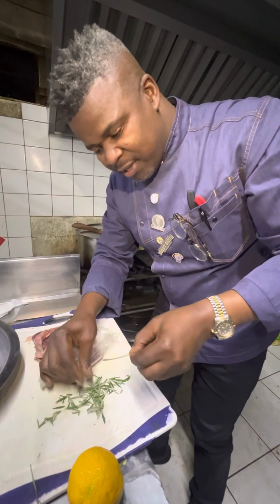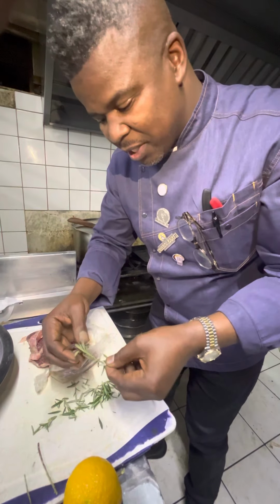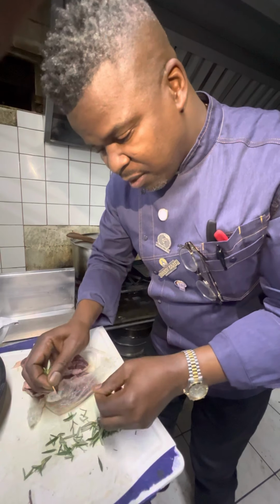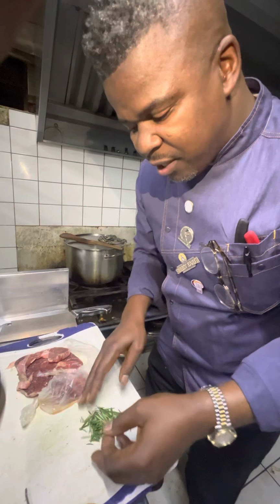This thing loves lamb. The rosemary loves lamb, and lamb loves rosemary also in return. These things love each other so much, so you must make sure that you pair them. You can use rosemary with thyme. You can use rosemary, but the most favorite thing that I like to use when I'm doing lamb chops,